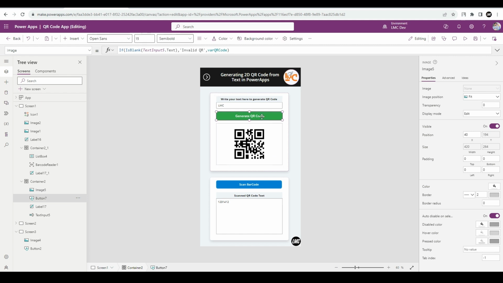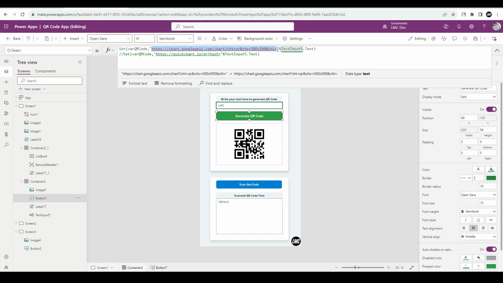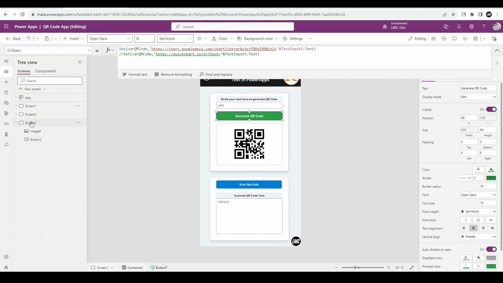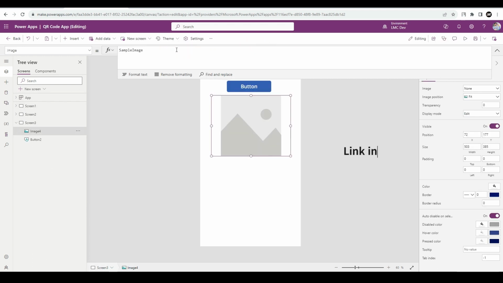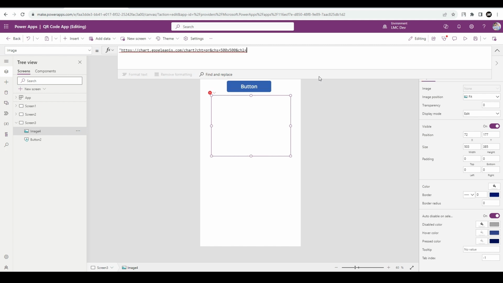To generate this QR code, I am using Google API. So you can see up here, Google Chart API I am using. So this link is free to use. You can also use this link. So let me just copy this link and let me go to screen 3. I'll provide this link in the description, don't worry. And maybe inside double quotes I can paste this link, and here I can write my name like Vinay, and